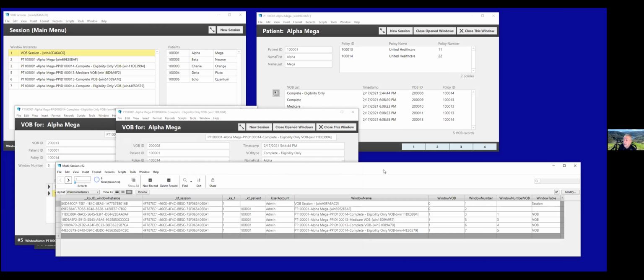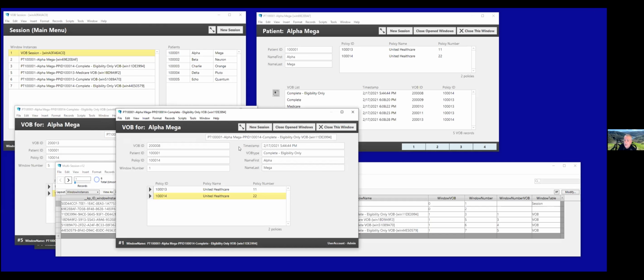For the most part, it's going to eliminate it because you're working independently on these. Once in a while, you're going to push data back to the patient, of course, or you're going to extract data from the patient. But the record locking will be no worse than it is now. We have basically a rule in place that only one person works on a patient at a given time, or works on a related verification record, a VOB record per patient at a time. So it's really only going to be one person. But thank you for bringing that up, because